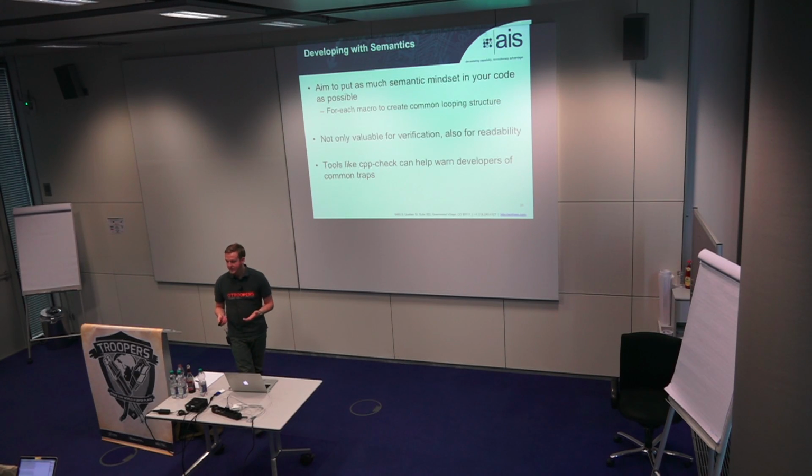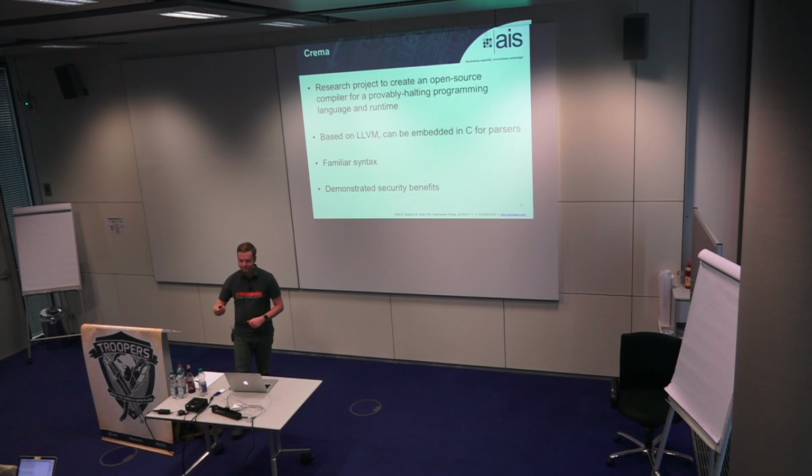There are tools like CPPcheck that can look for some of these common things. They can look for MISRA C violations and whatnot, and they can help warn developers. And sometimes it's just education. I mean, people come from very different backgrounds, from very different traditions and cultures of development, and so there are a lot of heated arguments. So this is a way that you can at least warn, if not measure, how your code base is doing and try to work towards something, because you need to be able to measure before you can really improve.